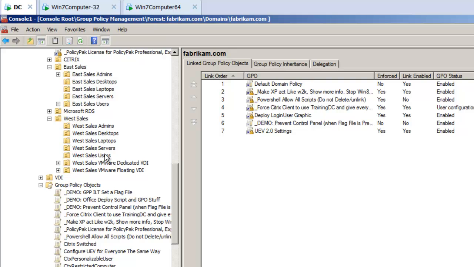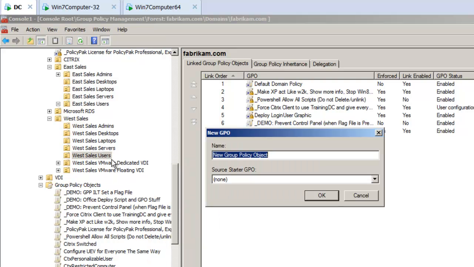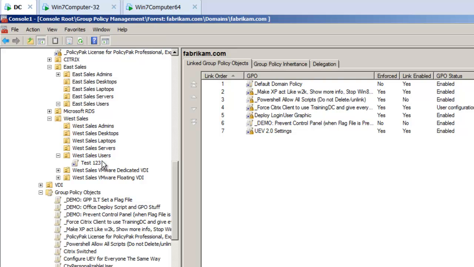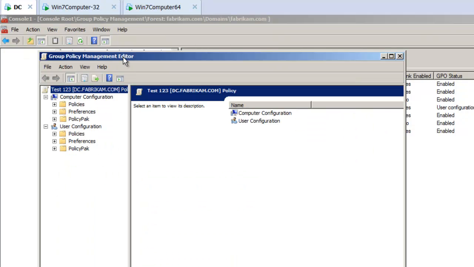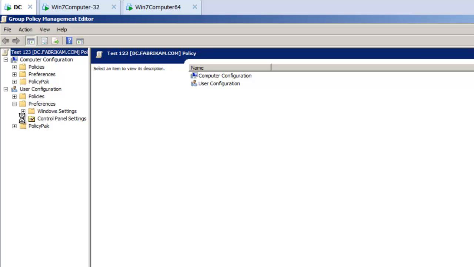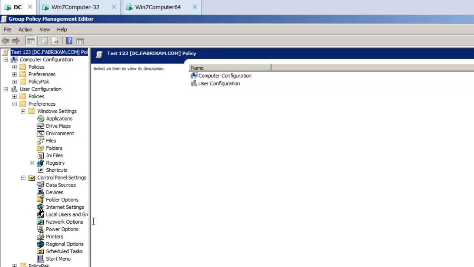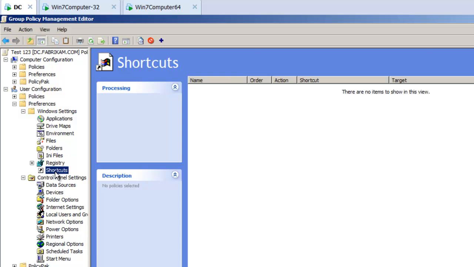So here's the idea. Let's say you've got a Group Policy Object, and I'll call this Test 123, and I click edit on it. If we take a look inside at the Group Policy Preferences items, there's a bazillion things you can do, and as a lot of you know, I have a Group Policy training class on Group Policy Preferences, but I want to talk about a very specific piece of it, which is that for every single item you create,